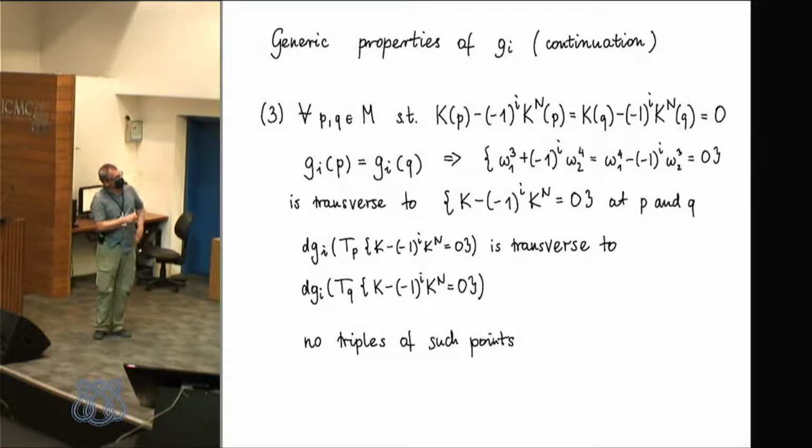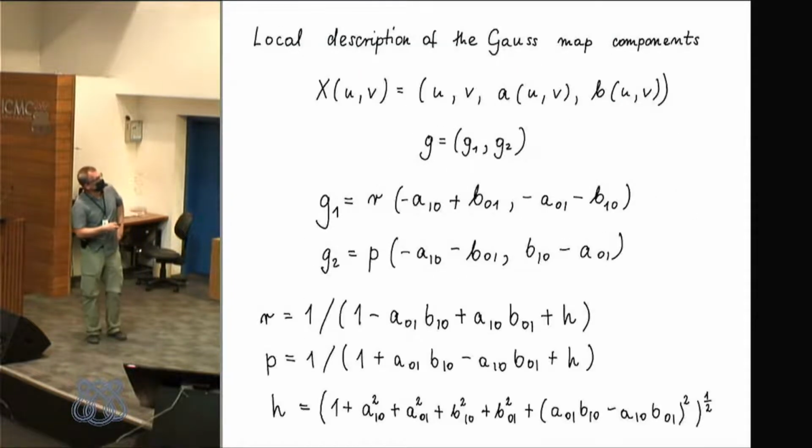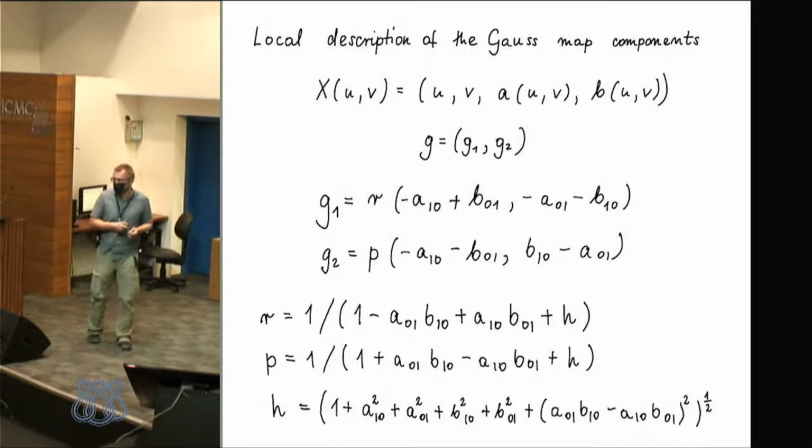And if you take the image of the tangent space to the singular set, this is transverse to the image at the other point. So we have only transverse intersection and we have no triple such points. This is our generic condition. And under this condition, we can prove that the only singularities are fold and cusp, and we have only transversal intersection